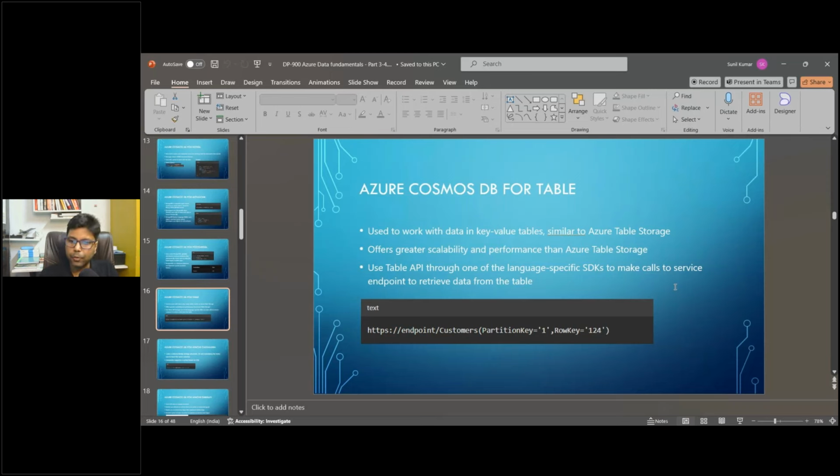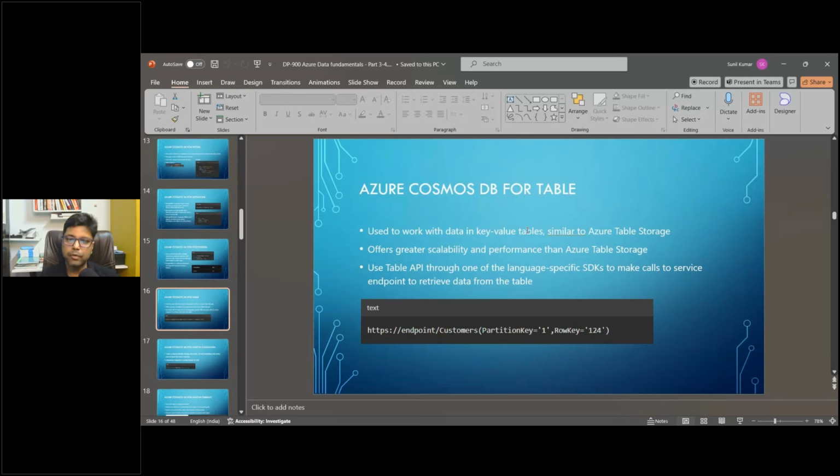But one thing to note down here is the performance. It offers better performance than the Azure table storage. When you work with Cosmos DB, it's one of the most trusted platforms, or the DB provided by Azure, which they use for their own purposes as well. In fact, it supports Azure services also, right? In the back end, they use this Cosmos DB for Azure or Microsoft 365, that we saw, all those different